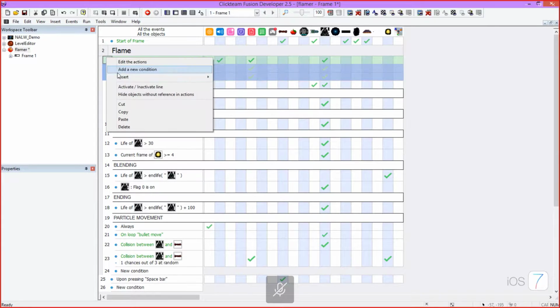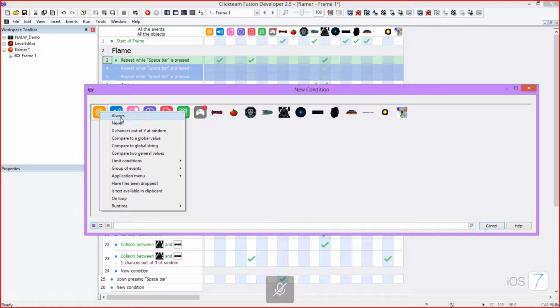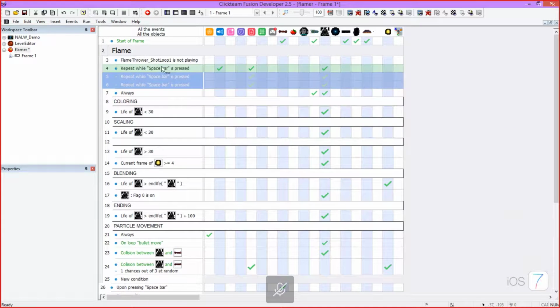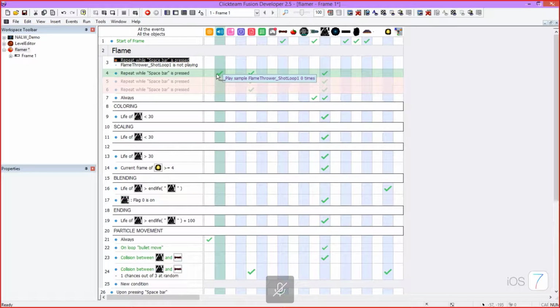And that's because it's continually playing the same sample over and over and over, and they're overlapping each other. So what we need to do is we need to create a new event. We'll ask if a specific sample is not playing, and then we'll select our sample. And then I'll place this event up here so that it triggers only when we're playing. And then I move the play sample up there. So now,